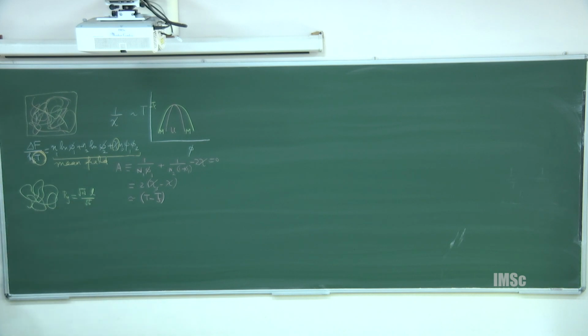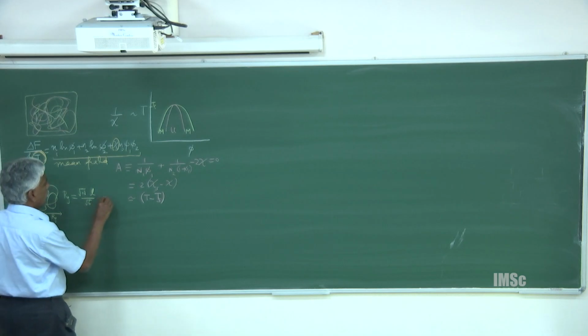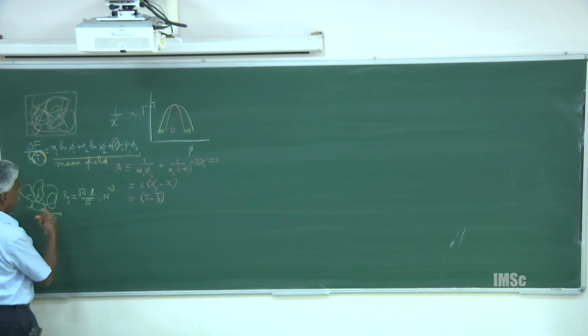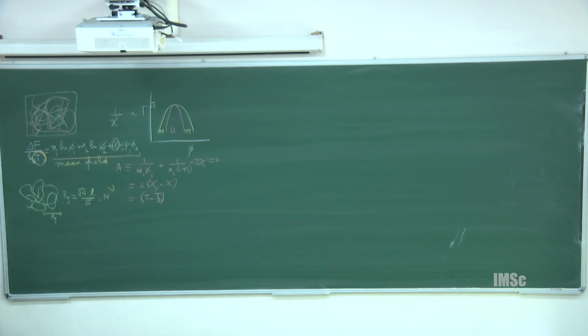Okay. That is like a ball of wool. The typical radius of this coil goes like this. And we wrote down in general this to be n to the nu, proportional to n to the nu. In this particular case, nu is equal to half for a Gaussian chain. And then what we did was, I need to use this in the rest of the talk. This was due to Debye.